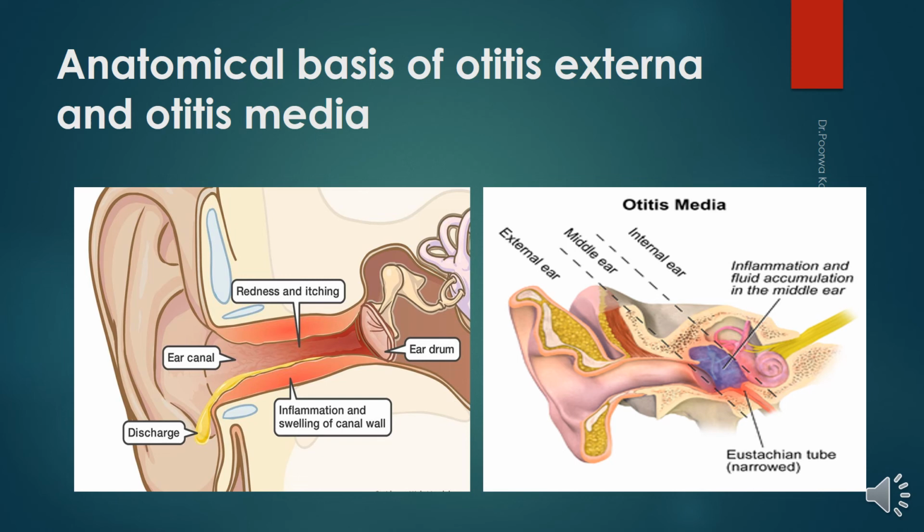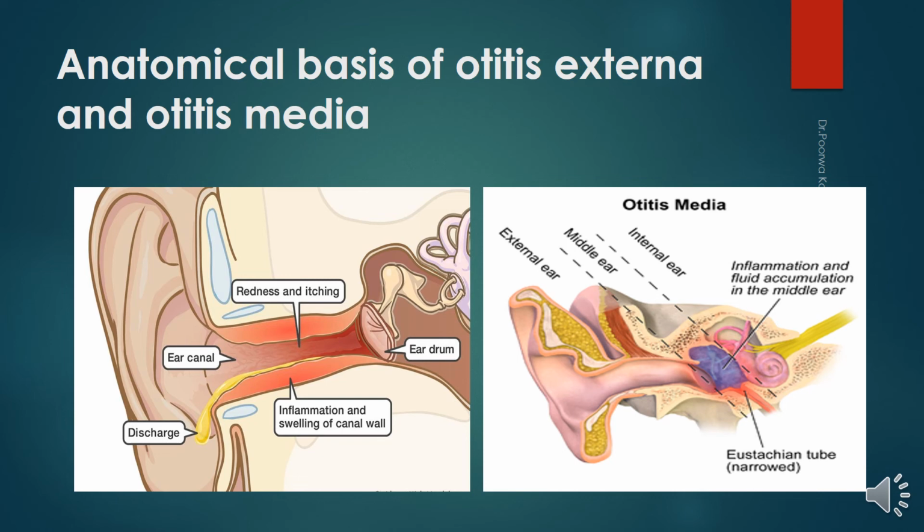It may be associated with sinusitis, bronchiectasis, or primary ciliary dyskinesia. It usually causes deafness and pain. Then bullous myringitis is inflammation of the lateral surface of the tympanic membrane and medial portion of the canal wall,